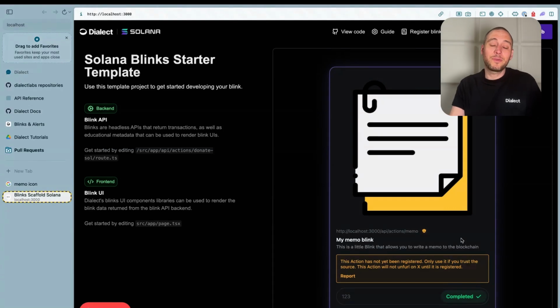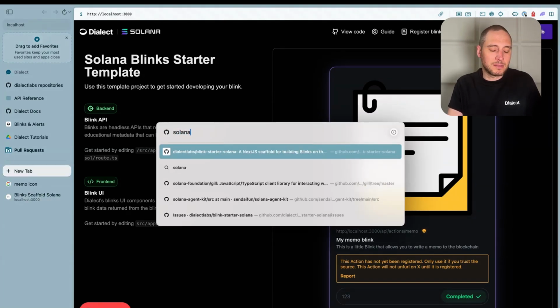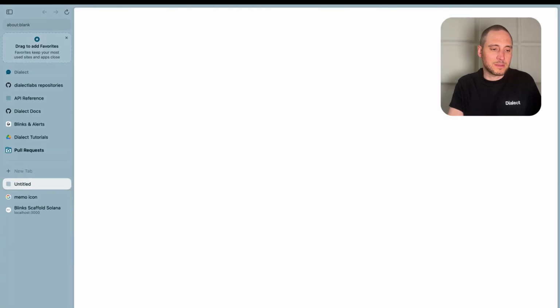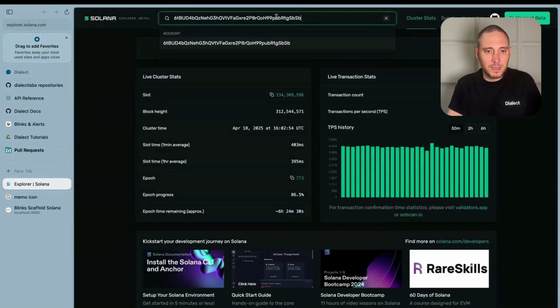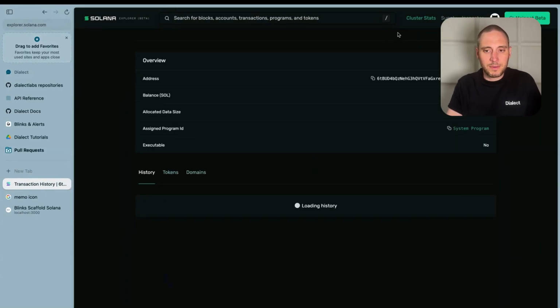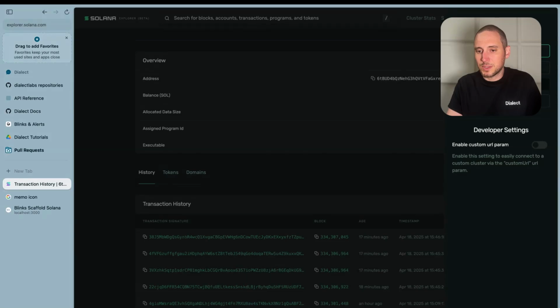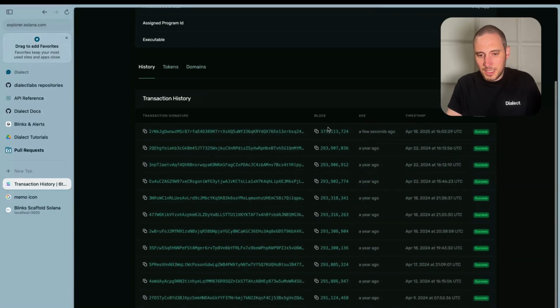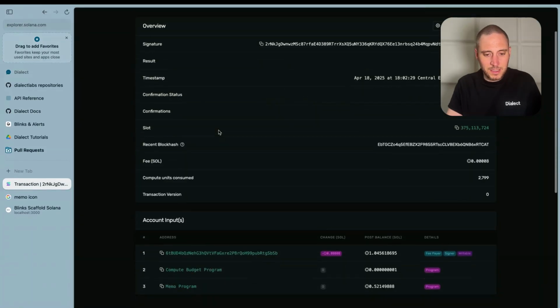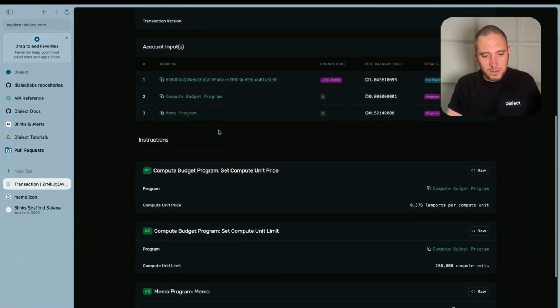The next step, what we will do is we want to check where our message is. To do that, I just copy my wallet address. I go to Solana explorer.solana.com, and I search for my wallet address. I switch to DevNet, that's really important. And then let's see, here is a few seconds ago a transaction, and if I click on it, let's scroll down,